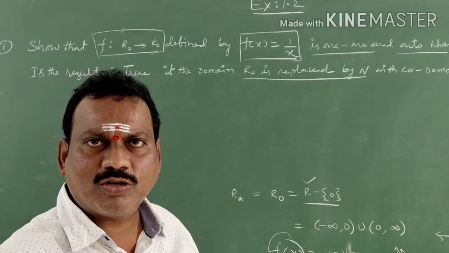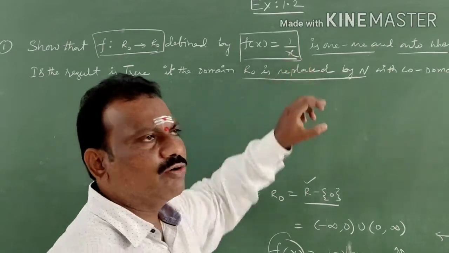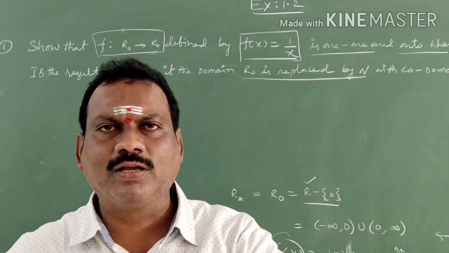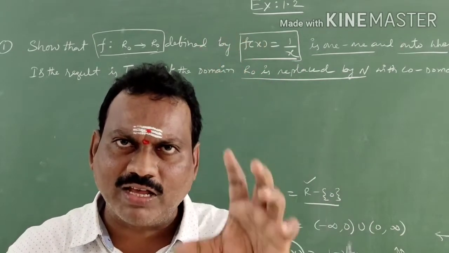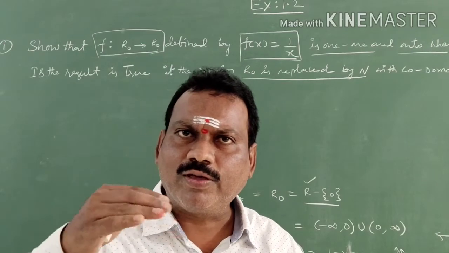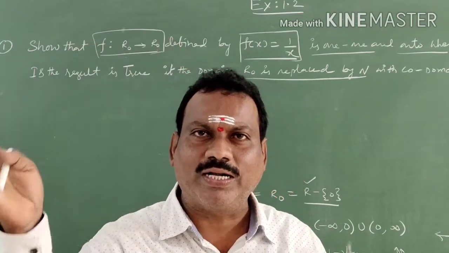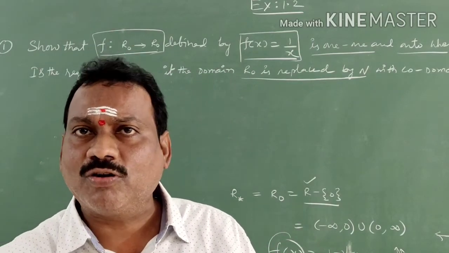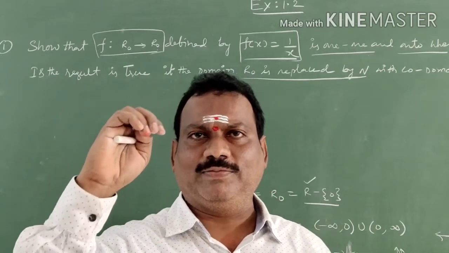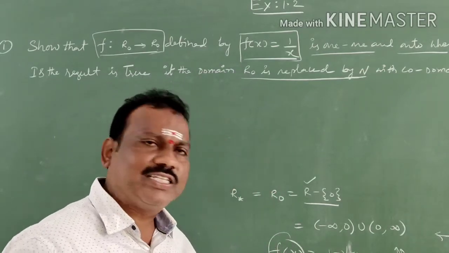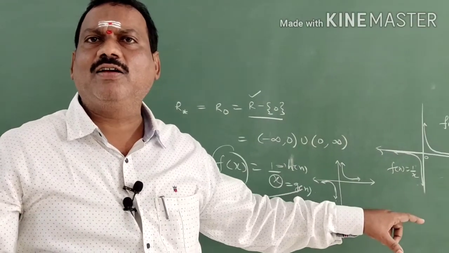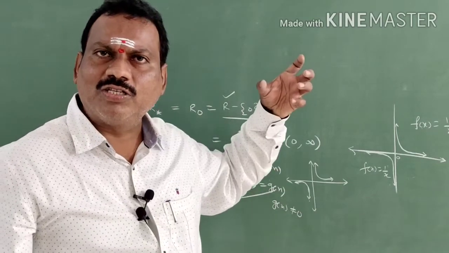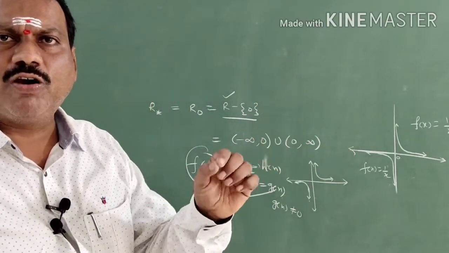Clear, students? So you can take any value in x's place. X is nothing but input. Input is nothing but domain. Whatever input you give, there must be an output. If you are giving an input and your output is not defined, what is the use? No use. That's why that value you should not take in the domain. If you take x is equal to 0 in the domain, there doesn't exist an output. That's why except that value you have to take all values. That's why they are eliminating 0 from there.